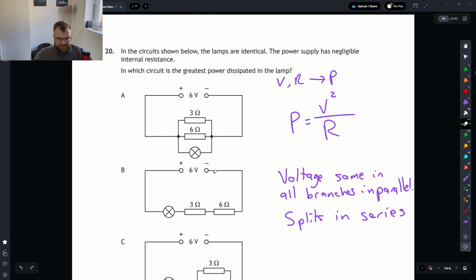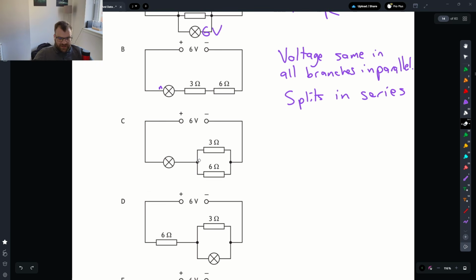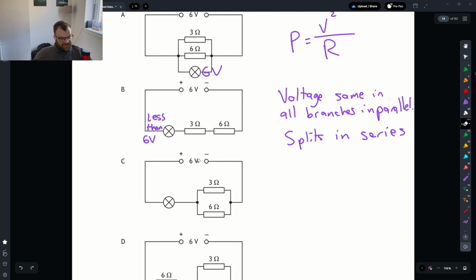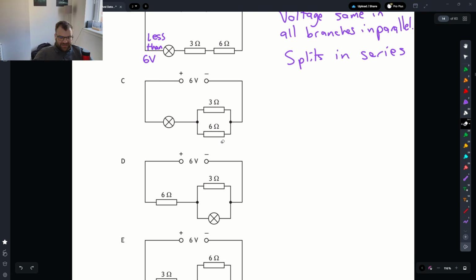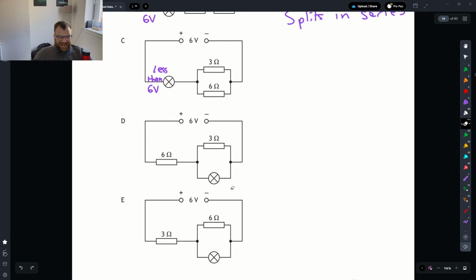So what have we got? In the first one, it is all in parallel, so it will have 6 volts across it. The next one is in series, so it'll have less than 6 volts. In this one, again, it's in series, so that will have less than 6 volts. In this one, the lamp is in series with the 3 ohms resistor, but it's in, nope. The lamp is in parallel with the 3 ohms resistor, but those two are also in series